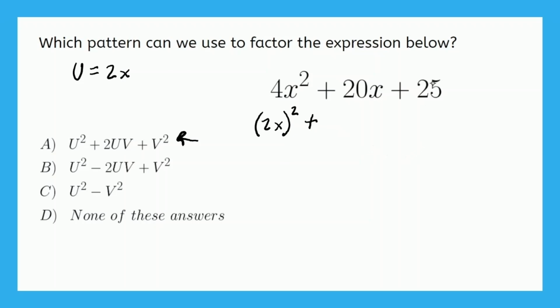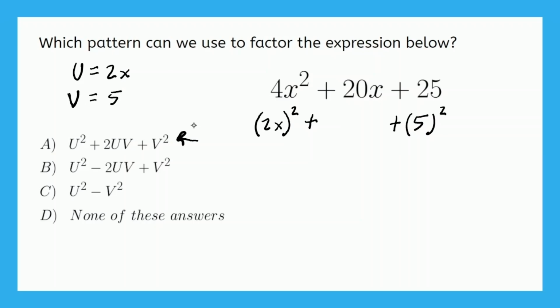Now here we have 25, which corresponds to V squared. So if V squared is 25, what is V? Well, it would be the principal square root of 25, which is 5. So right here we're going to put plus 5. So far things are looking good because we have now identified 5 squared, just like that. We have now identified U, which is 2x, and V, we'll write V over here,